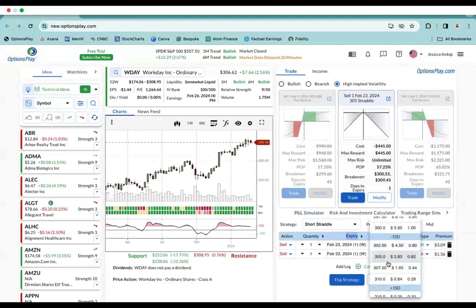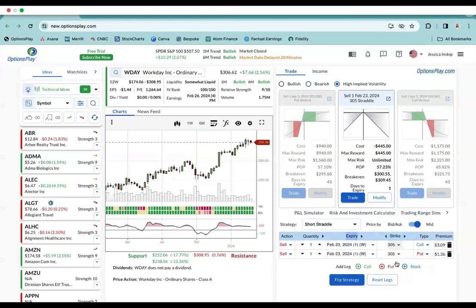305. Is there a 306? There is not. Those are about the same. Okay. We don't have an exact. So this is where you got to do a little math, unfortunately. But if you want to know how to do it, I am happy to explain it. I don't have Gamma in front of me. All right. So we'll use the 85% rule